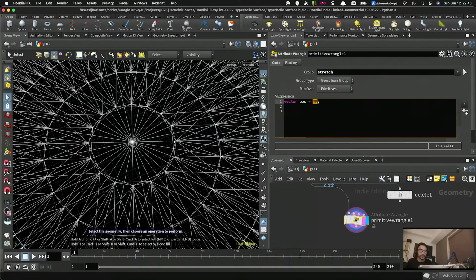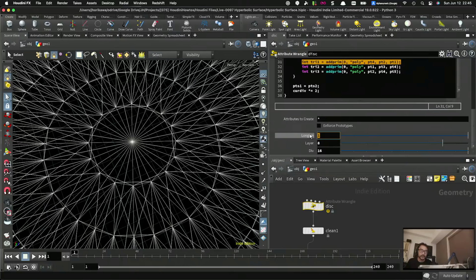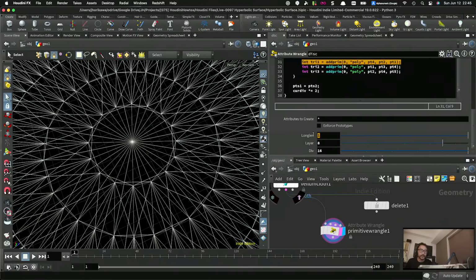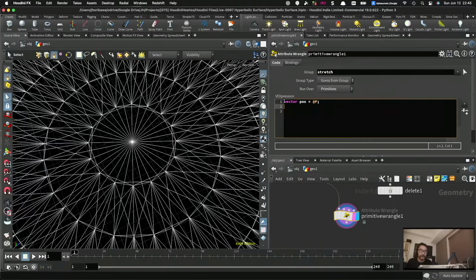So if the center of the primitive is right here, the edge length or the magnitude of this P should actually be close to the radius or the multiplication of radius, which has been set to this one. If it's not close to the multiplication of this radius, which is somewhere around here, then that should be the longer edge. So that's the way I'm going to filter out which one is the shorter edge, which one is the longer edge. So in order to do that, I do need to have that long length